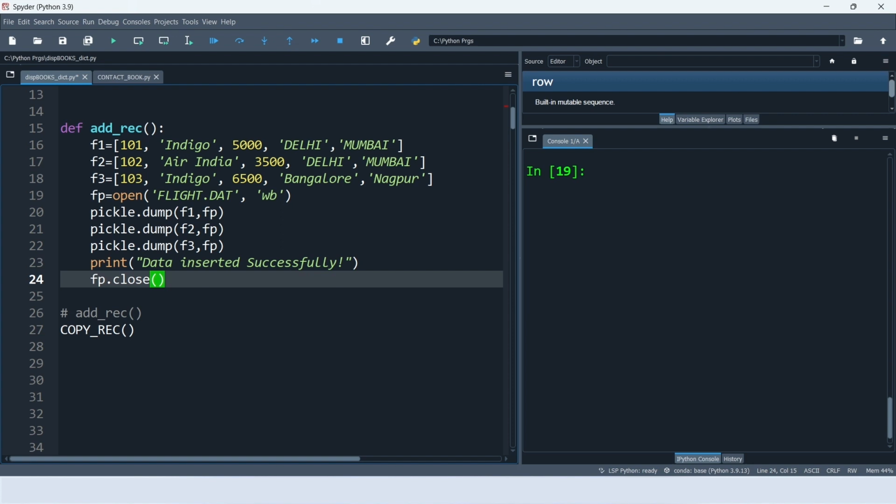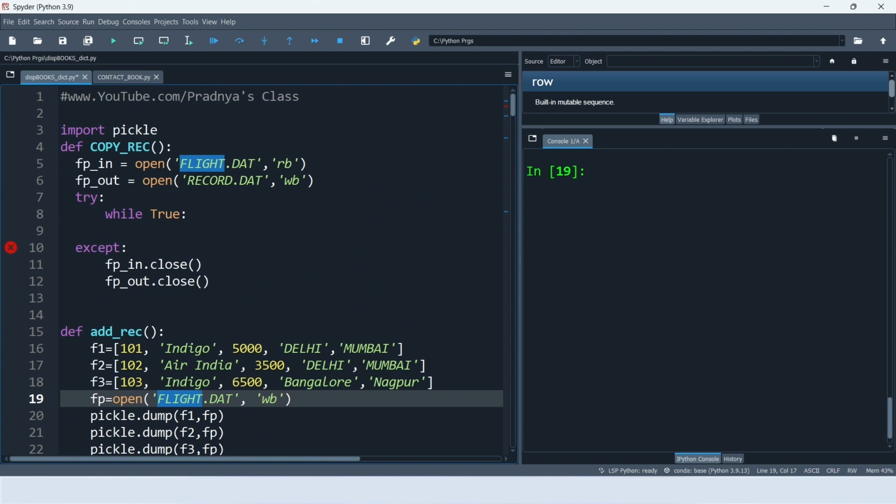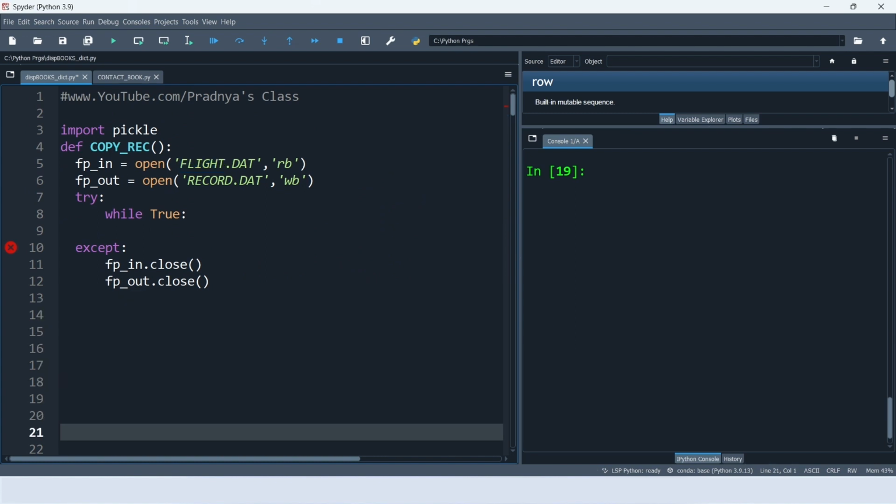Okay, then do you want me to execute this code in the IDE too? If you have understood that explanation, you can skip this part. To read the content from the binary file, we should have data in the binary file. So with this code, we have the content in the flight.dat file that we will be reading. So let's write the required code now.